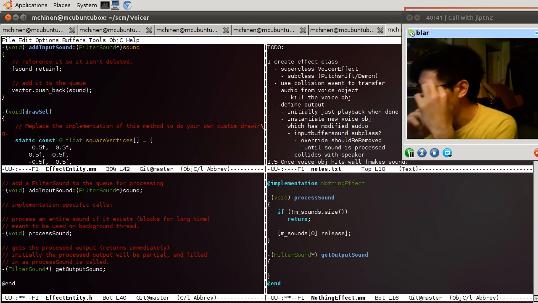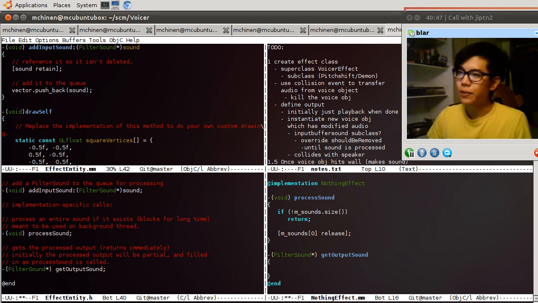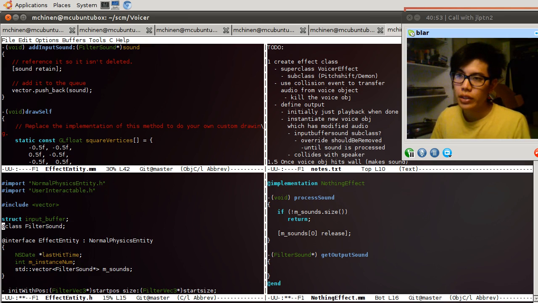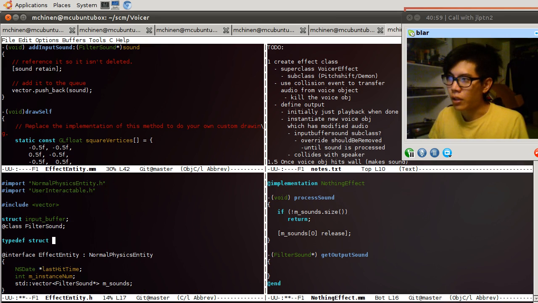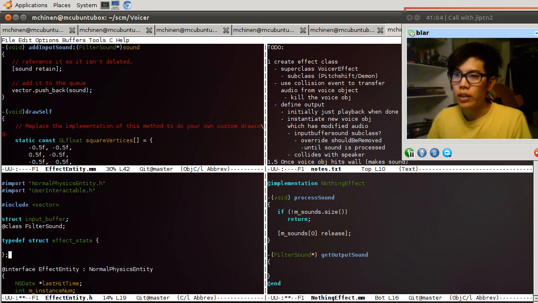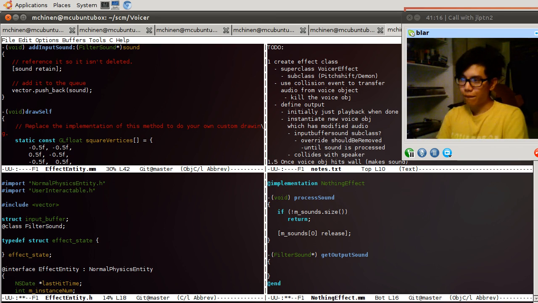So there's going to have to be some kind of state structure that gets checked, and what we can do is define that in effect entity, and that can just be a typedef struct effect state, and we'll put effect state there as well. So in this effect state, there should be